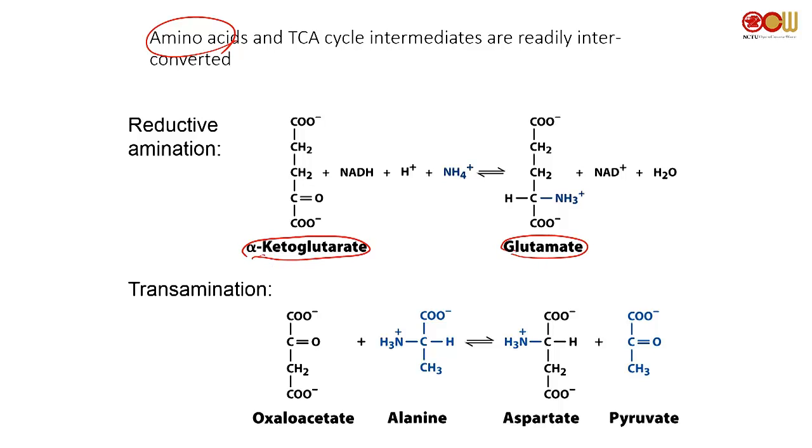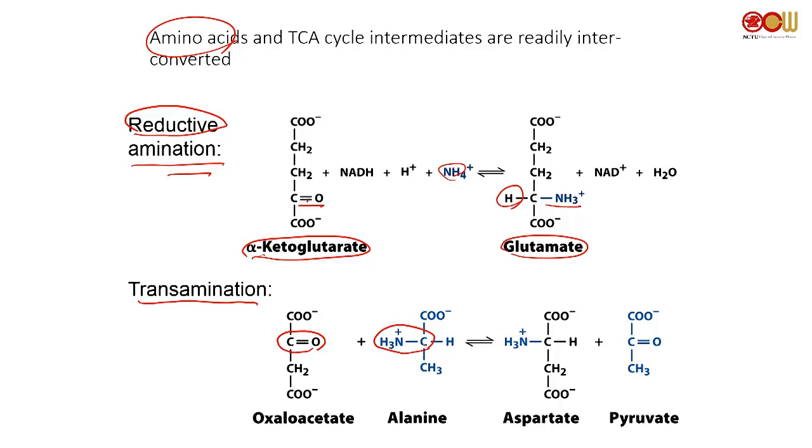I keep on saying that. And this is called reductive amination, because here we're turning keto into amino. So we're also putting a pair of hydrides here, so that this is called reductive amination. Or we can also do this thing called transamination, where we can swap a keto group